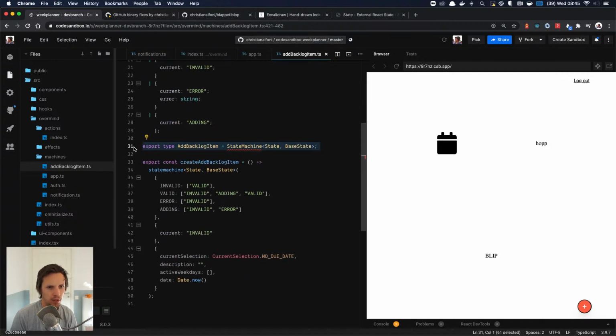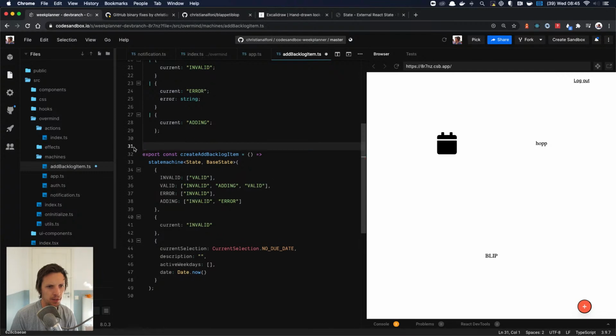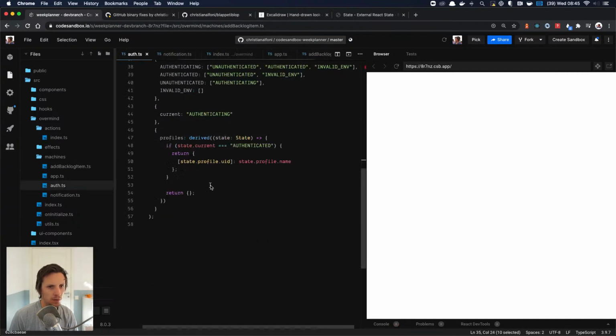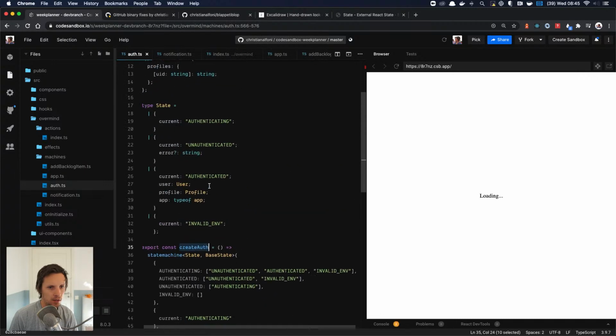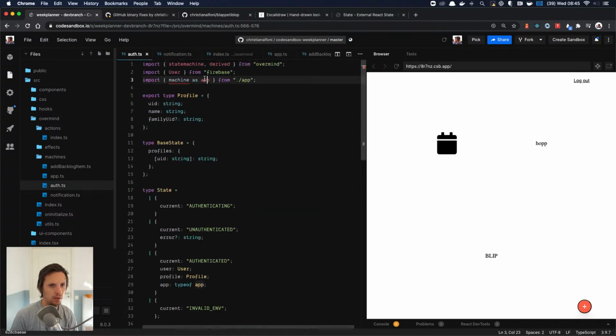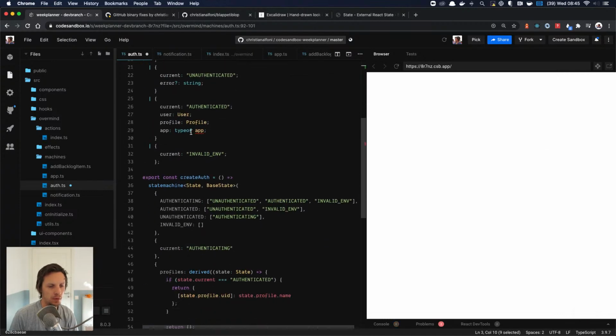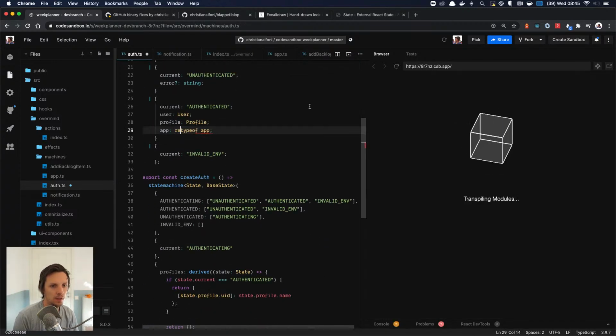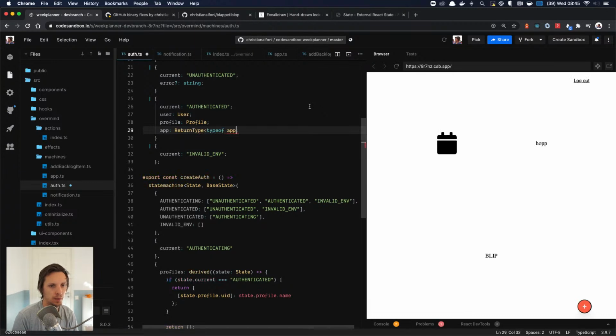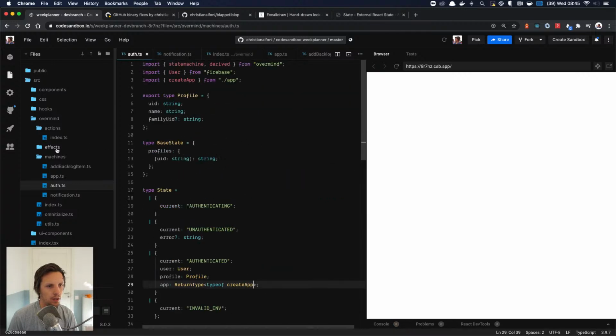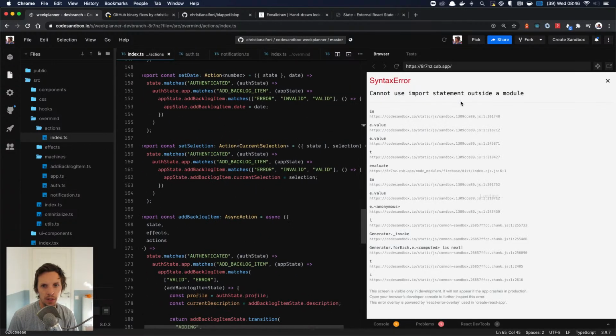Oh, didn't I remove that? Maybe I didn't. Auth, is it happy? Nope. Create app, and then return type of create app. Cool. So now our actions should be happy,